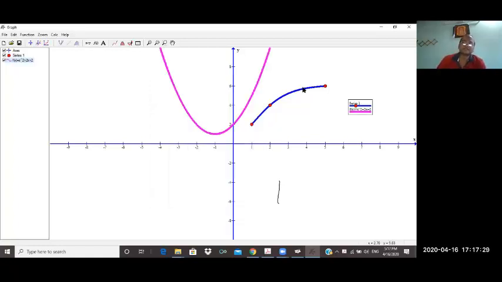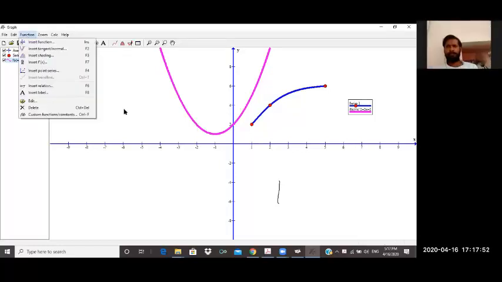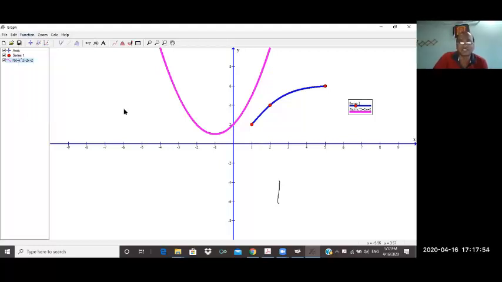Look at this, sir. This is the parabola which I have given to this software. This is x square plus 2x plus 2. This makes a parabola. It is drawn automatically. Not only this, sir, there are so many options in this also. There are also some functions like animation functions. So this is a different topic, sir. If you want to download it, I will show where to download it.